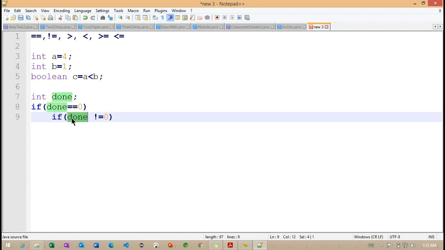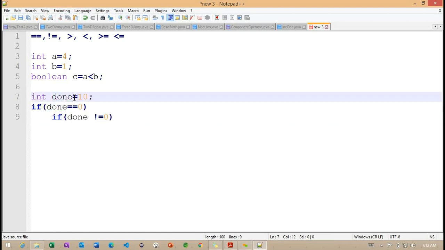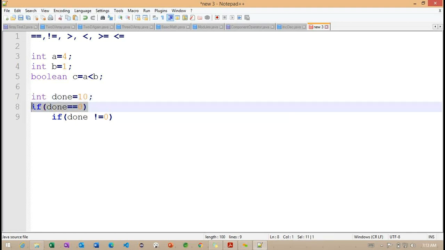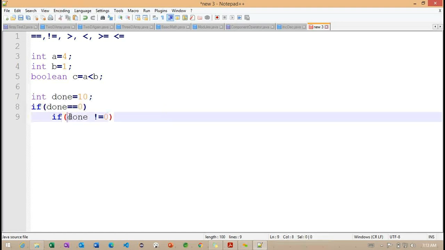What happens internally here? If this done variable is not equal to 0, this condition is going to return true. A simple example: if done has 10 here, the first condition will return false and the second condition will return true, because we are checking against 0.